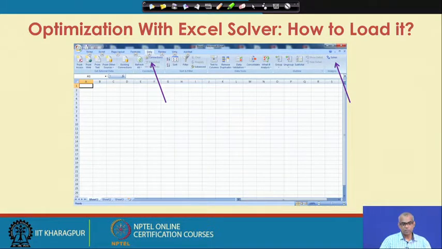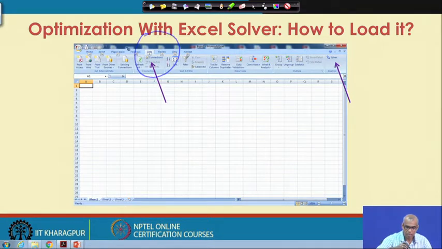So, after you launch Microsoft Excel, you click on the data tab. If the solver is loaded, you will find the solver here.